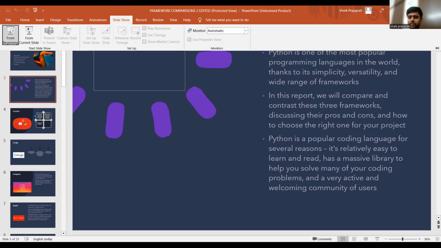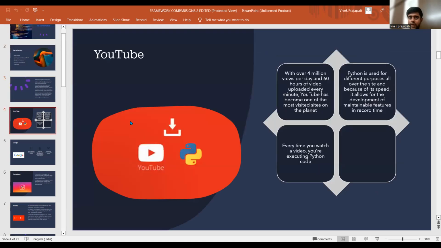There are some software that use the Python programming language. Even YouTube started with PHP, but after 3 months, they shifted their project from PHP to Python, because it is easily available and easy for employees.